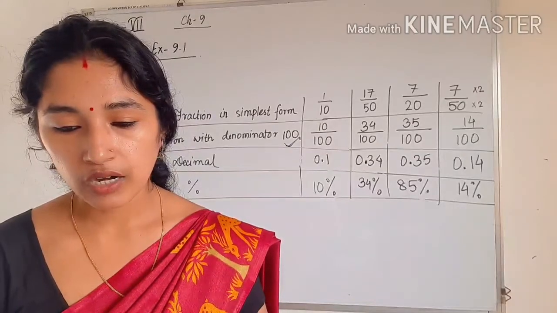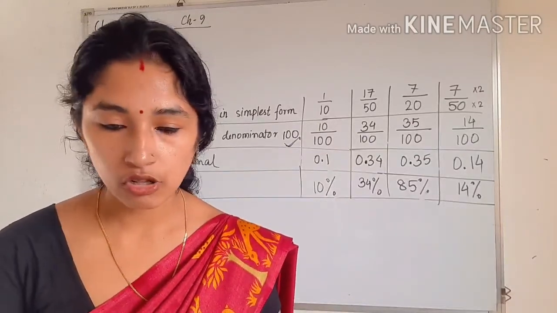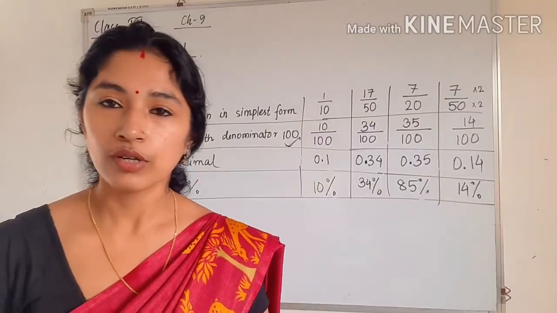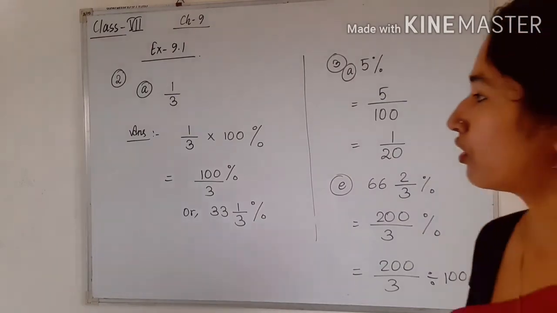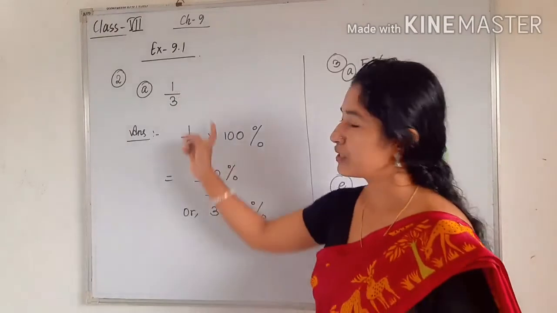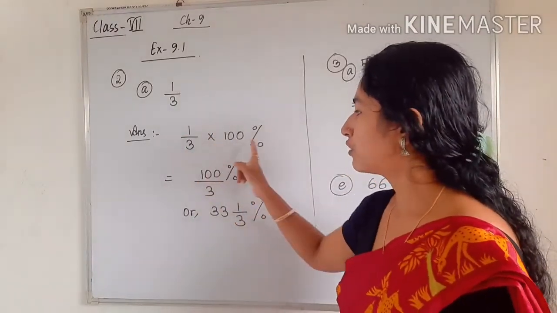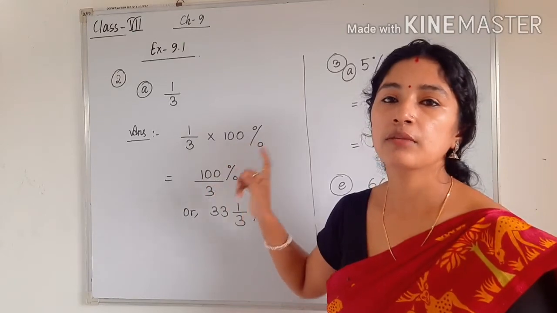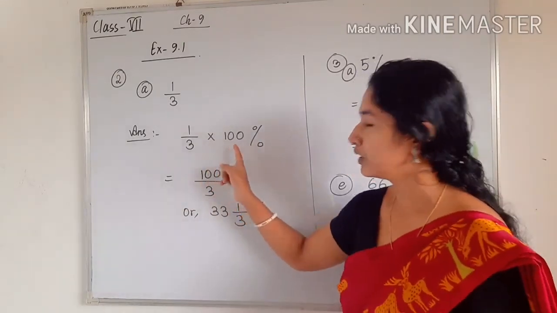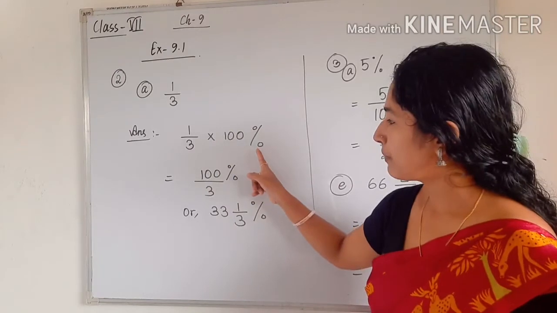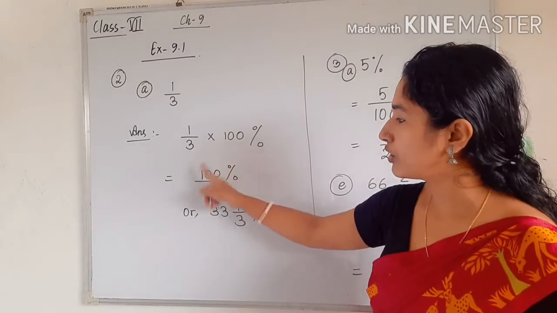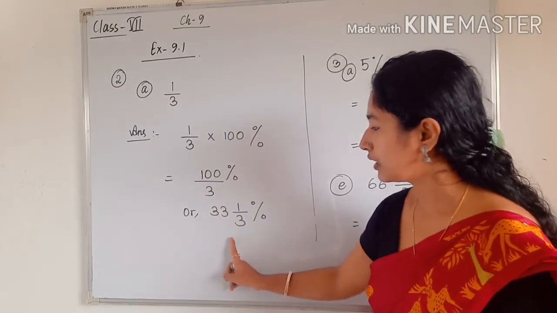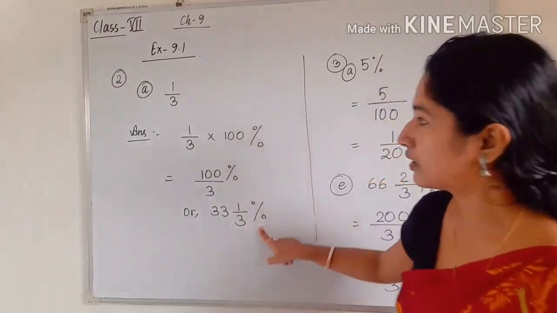Okay, so students, try to do the remaining one, number 2 also. This is also the same, so try to do that question. Okay, so see the next one. Next is question number 2. Here we have to convert the fraction into percentage. So already we know that for converting a fraction into percentage, we can multiply the fraction with 100%. So I am using method number 2. Already I told you there are 2 methods for this. So by multiplying it with 100%, see, there is no common factor of 3 and 100 other than 1. So just divide this and you can write it as a mixed fraction. So 33 1 by 3 percentage.